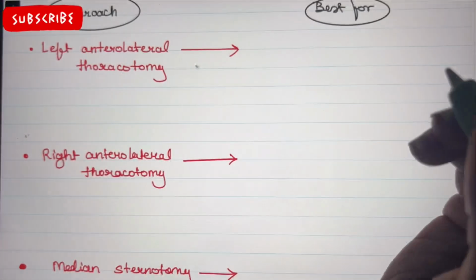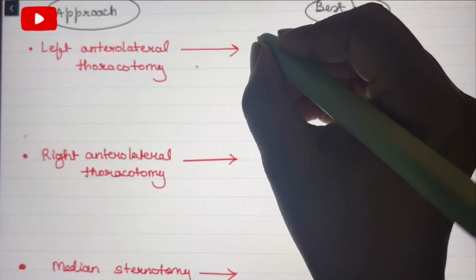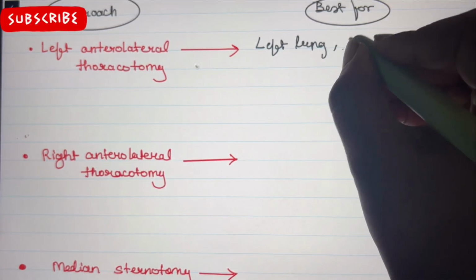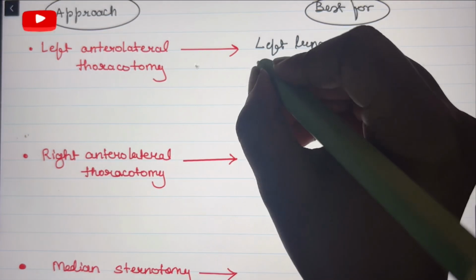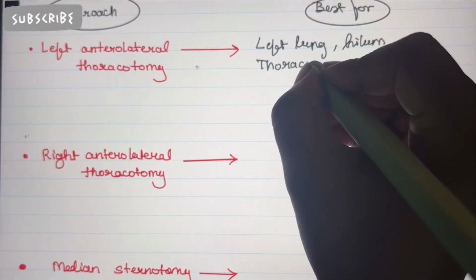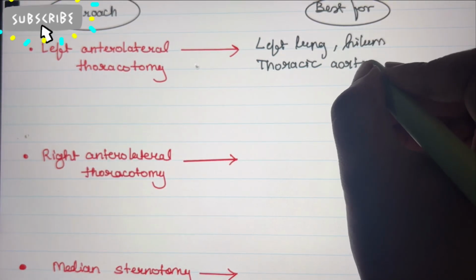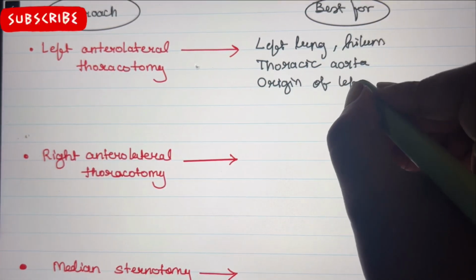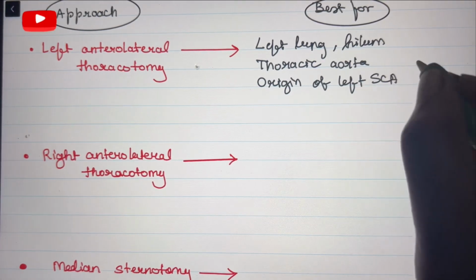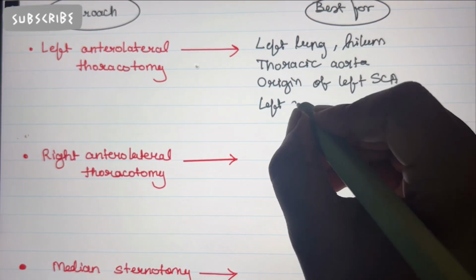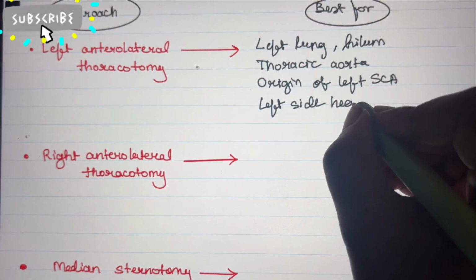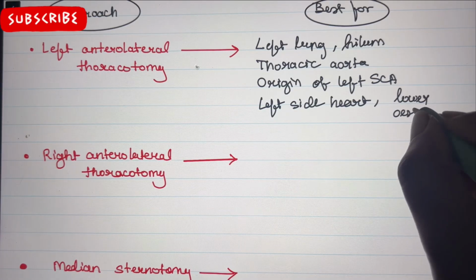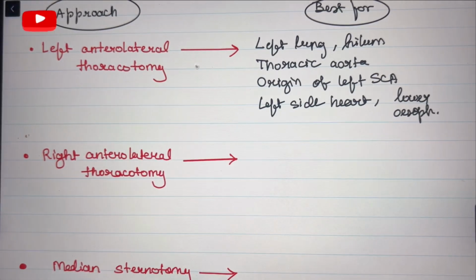If we have to do left anterolateral thoracotomy, it is done in cases of injury to the left lung or left hilum of the lung. Over the left side, we also have the thoracic aorta. Then in cases of injury to the origin of the left subclavian artery, or injury over the left side of the heart, and in cases of lower esophagus injury,